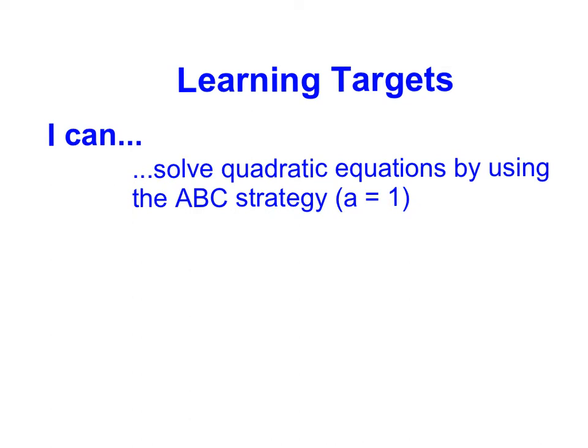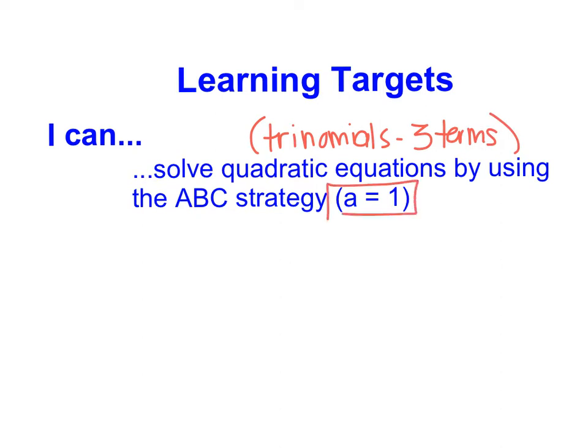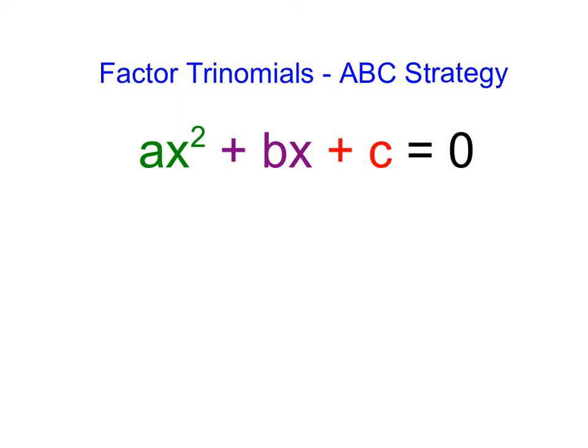So in this video, we're going to focus on solving quadratic equations by using the ABC strategy, and we're specifically going to focus on factoring trinomials, which means items that contain 3 terms. And we're going to focus on trinomials that have an a value that is equal to 1. So we're going to focus specifically in this video on how we can factor trinomials using what's called the ABC